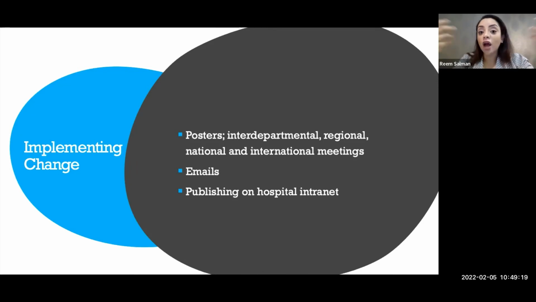So what I am going to do, I am going to design some posters like I did in the dosimetry audit and put it in the department. I am going to present this audit in regional, national, and international meetings to actually raise the awareness. I can send an email to all of the staff of the hospital about this concern and that there is a guidance on this concern or this shortage of practice or this clinical practice that is not up to standard. And I can actually tell them what we can do about it on that email.